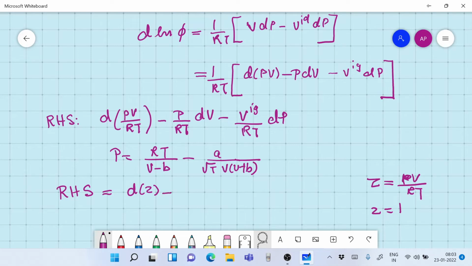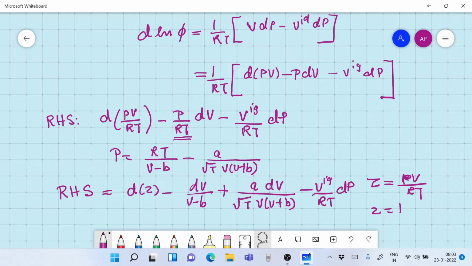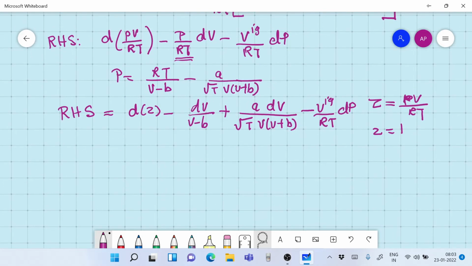So we go ahead with the second term and start modifying it. Therefore we get dV over (V minus B) plus A dV upon root T times (V plus B), minus V ideal gas by RT dP. Don't worry, all of this is going to get simplified. So what we have now in RHS is